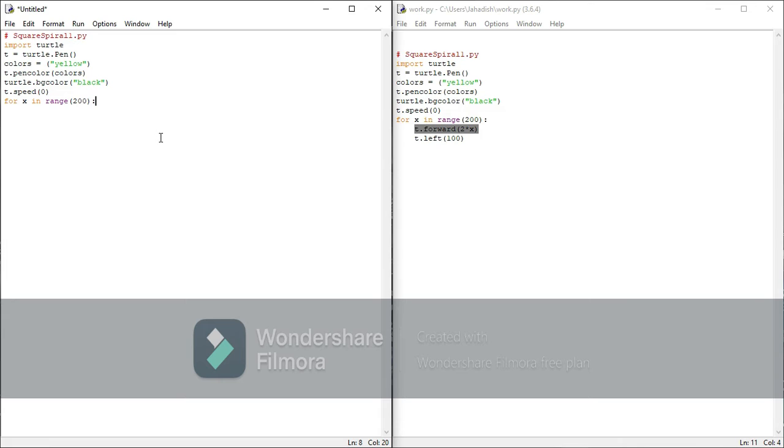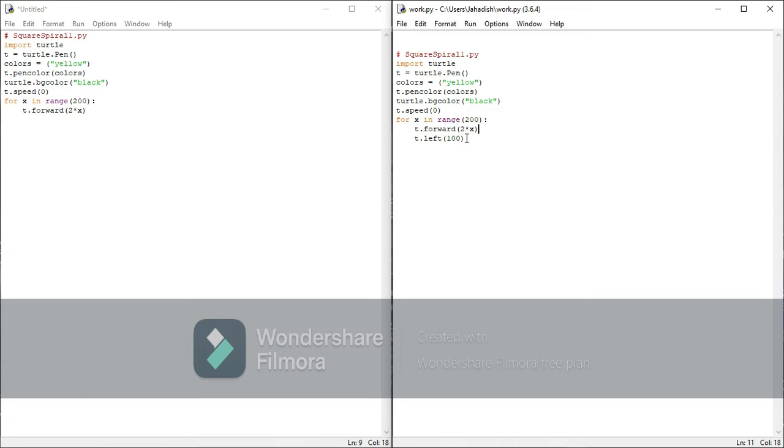See, look here closely. When we click enter, it goes here. So type the code. And now T dot forward 2 multiplied by X. This star mark here is the multiplication symbol in Python. And this X, the variable here, means up to 200. Type it.